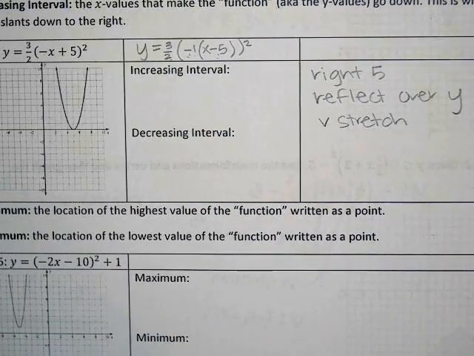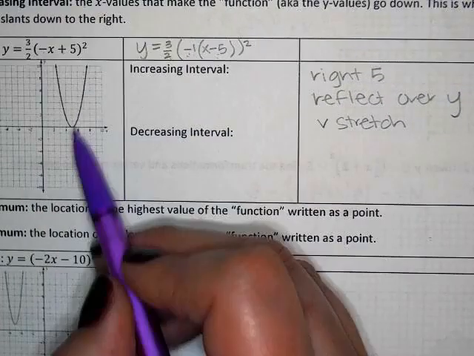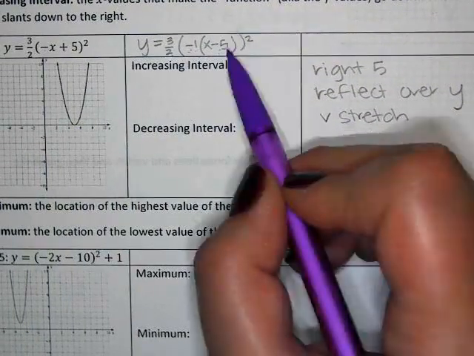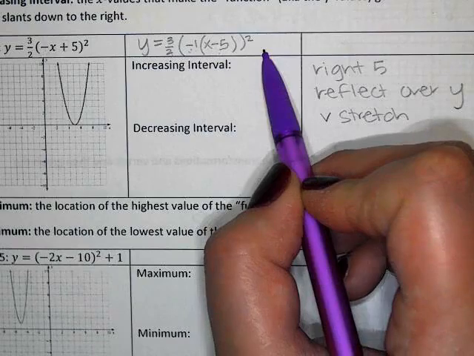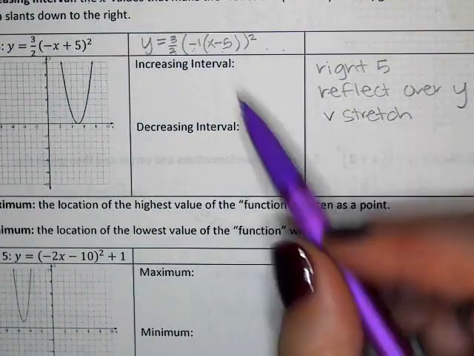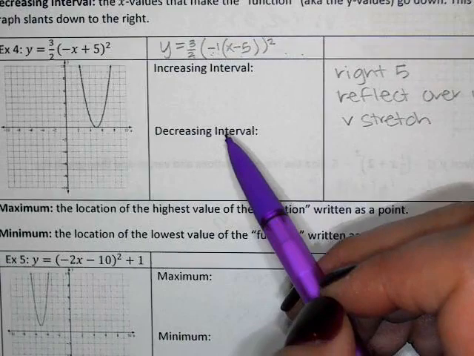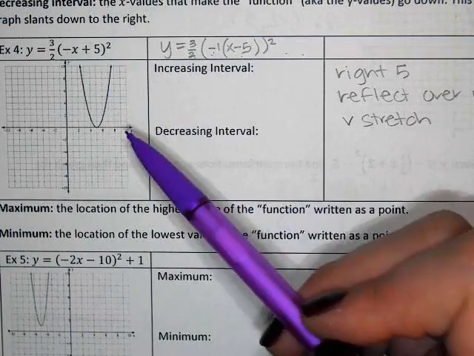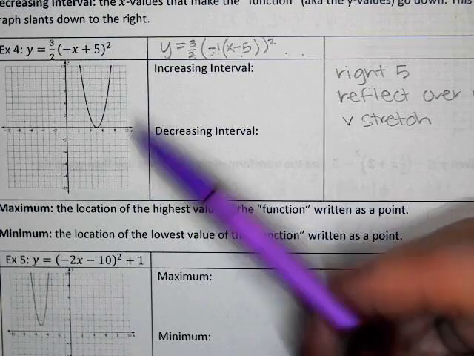5, 0. Yeah, you can see that on the graph, but you can also see it from the equation. Positive 5, and then there's nothing on the end, so it'd be 5, 0. Okay. So increasing and decreasing intervals are just where the graph slants up to the right or slants down to the right. So if you have me as a Math 3 teacher, I always put a little stick figure here,